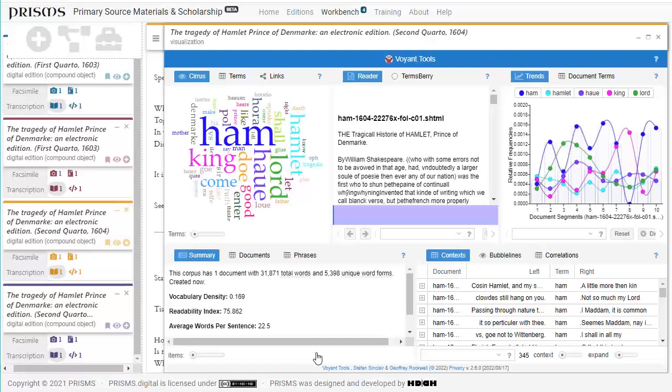A particular feature of PRISMS is conceiving the continuum of book history as encompassing more than the primary materials and extending to contexts and secondary materials and scholarship, and including the ability to model scholarly argumentation as part of the ontology. We aren't aware of another platform that combines all these features, but we hope that this presentation has helped